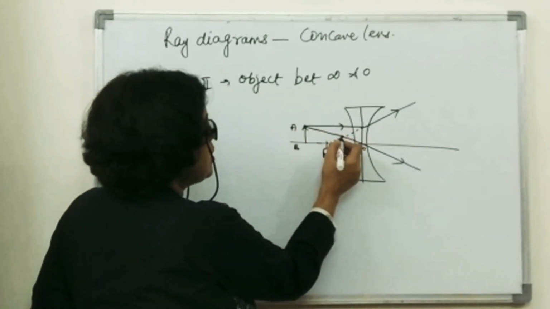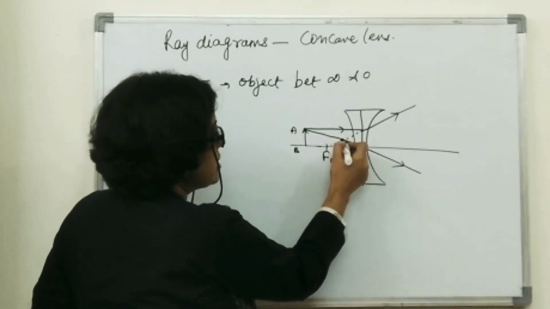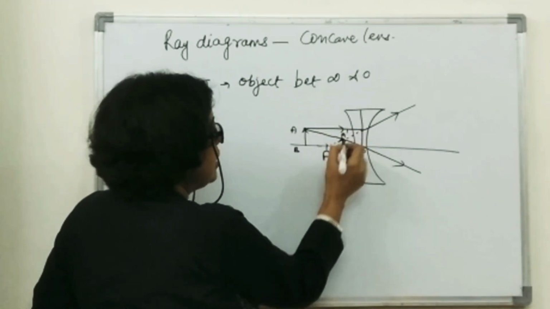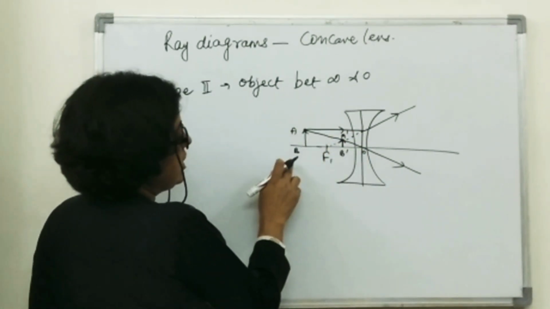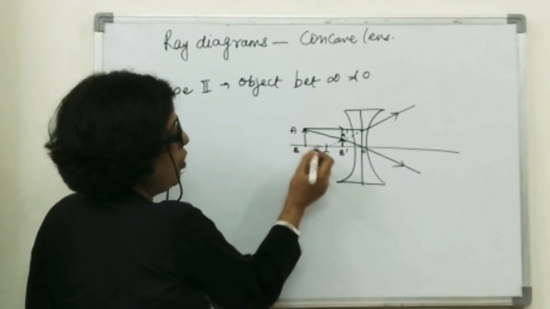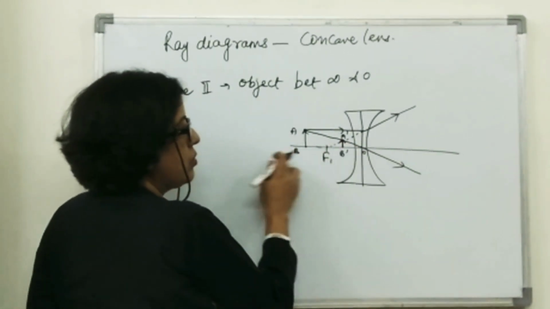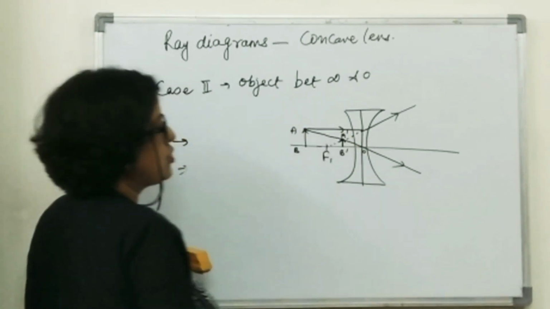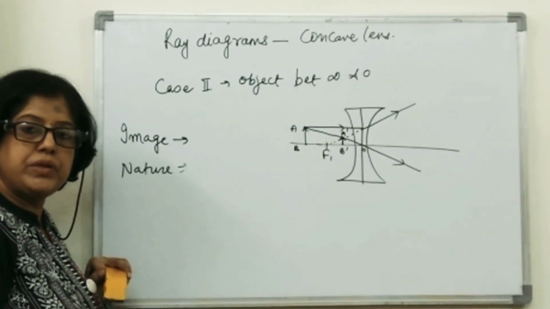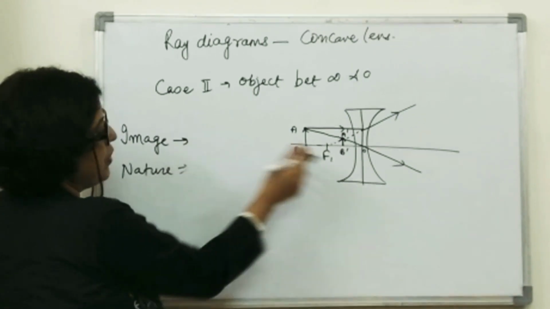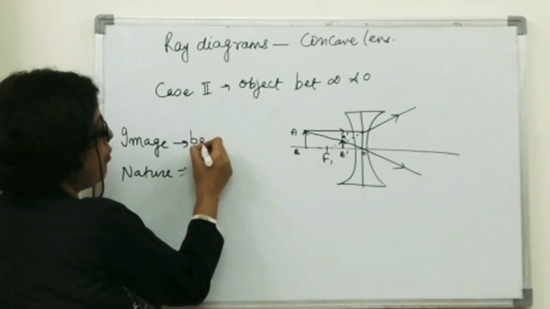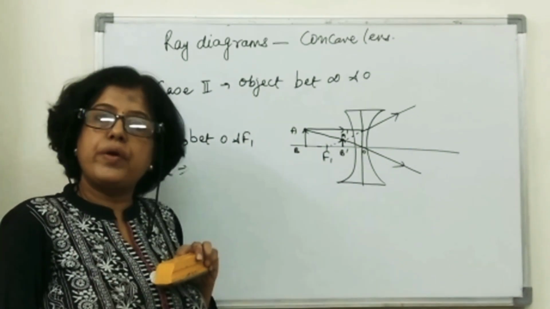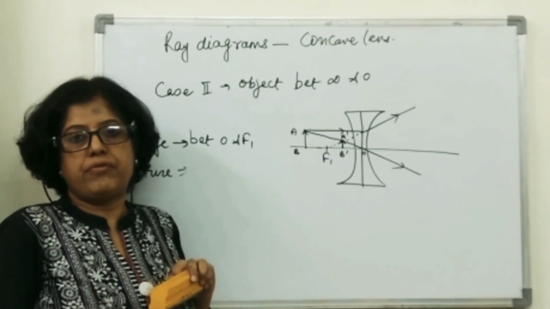So that means this is the point, image of point A. This is your image, the small arrow, and this is your A dash, B dash. But we say that the image of point B of the object is formed on the principal axis only, and image of point A is formed at A dash. So this small arrow is your image, A dash, B dash. So image is formed. Where is the image being formed? You can see it is formed between O and F1, optical center and F1. Image is always formed between optical center and F1,